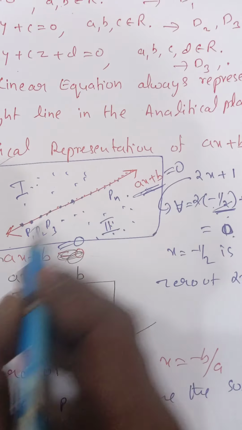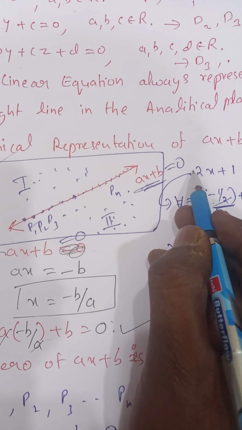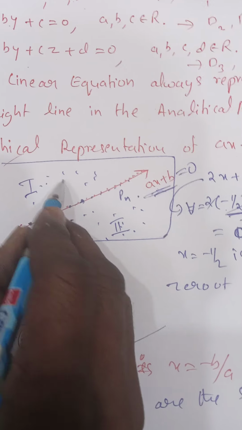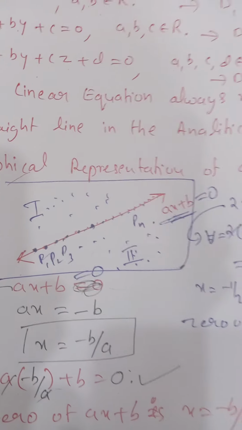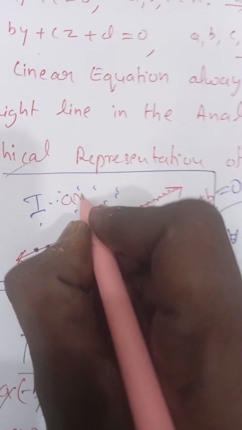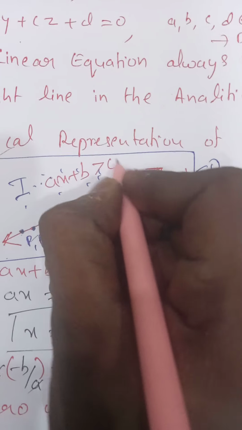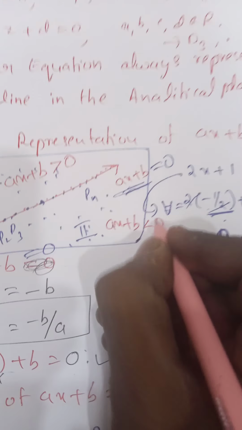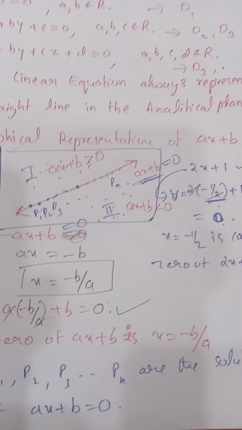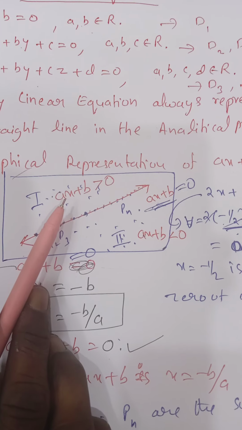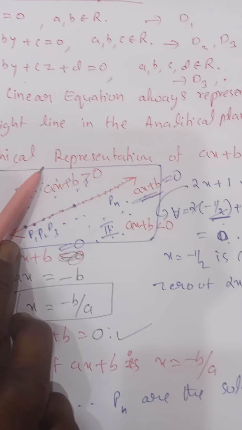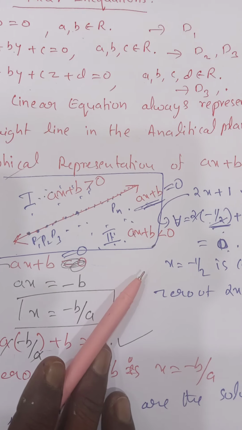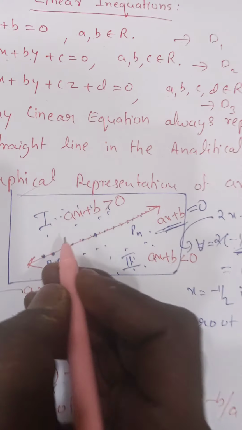Suppose this line is ax plus b equals 0. Then the two sides may be represented as ax plus b greater than 0, and the other one as ax plus b less than 0. So you may have one doubt here: why are we taking ax plus b greater than or equal to 0 on this side and less than on the other? You can take less than here and greater than there as well. That depends upon the points only.